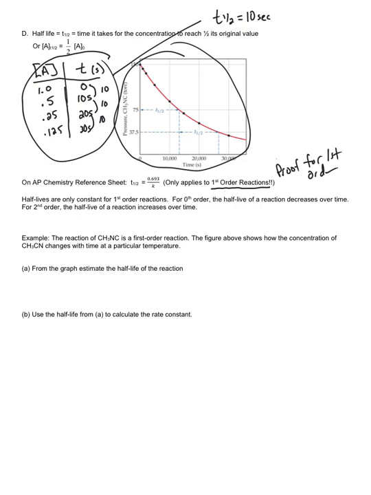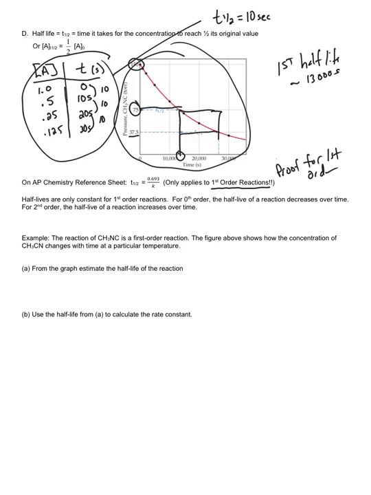If you are given a concentration or pressure versus time graph, you can see here this graph starts at 150. The half-life, or the time it takes to get to half of that pressure, is 75. So this amount of time, and when I drop it, this would be called the first half-life. We can see here that this is about, let's say, 1,300 seconds. The second half-life will be the amount of time it takes to go from 75 to 37.5, or half of 75,